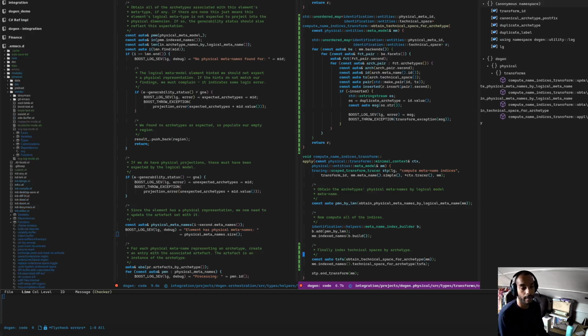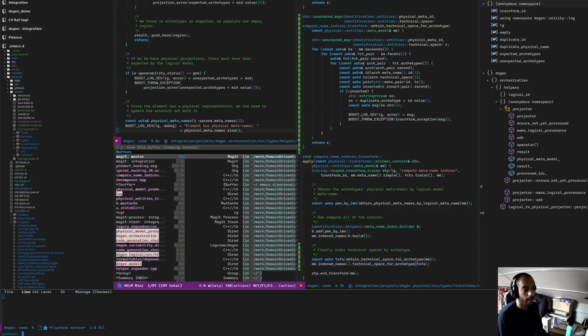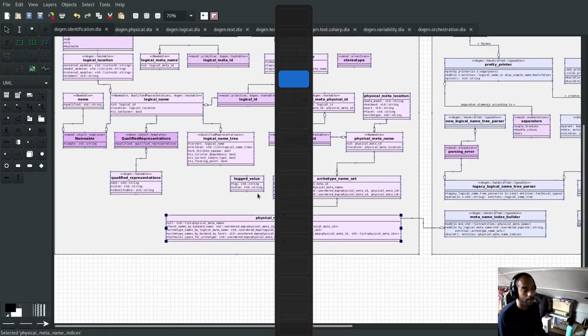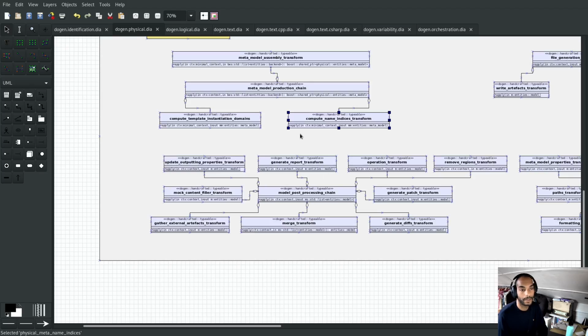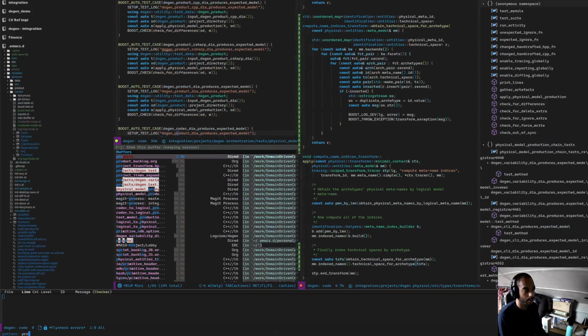Right, so now that we do have this new index, it seems to exist, what we then need to do is go back to our physical model production. So what transform were we in? We start to lose track a little bit of what we're trying to do. So in the physical model, we were trying to populate. Actually, to be honest, it's more like the projector. In the projector,